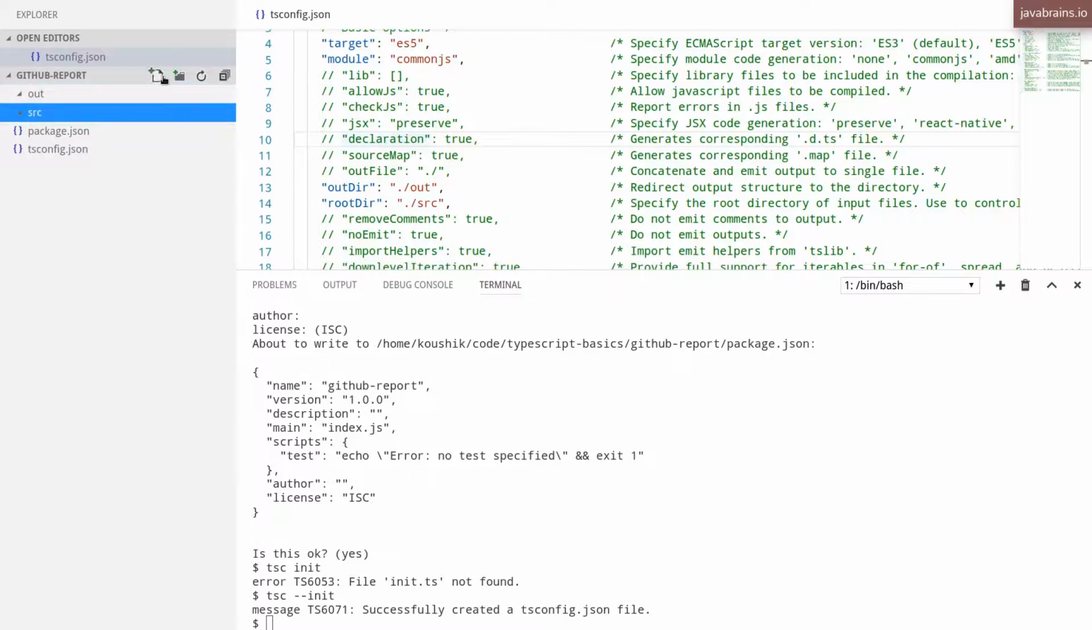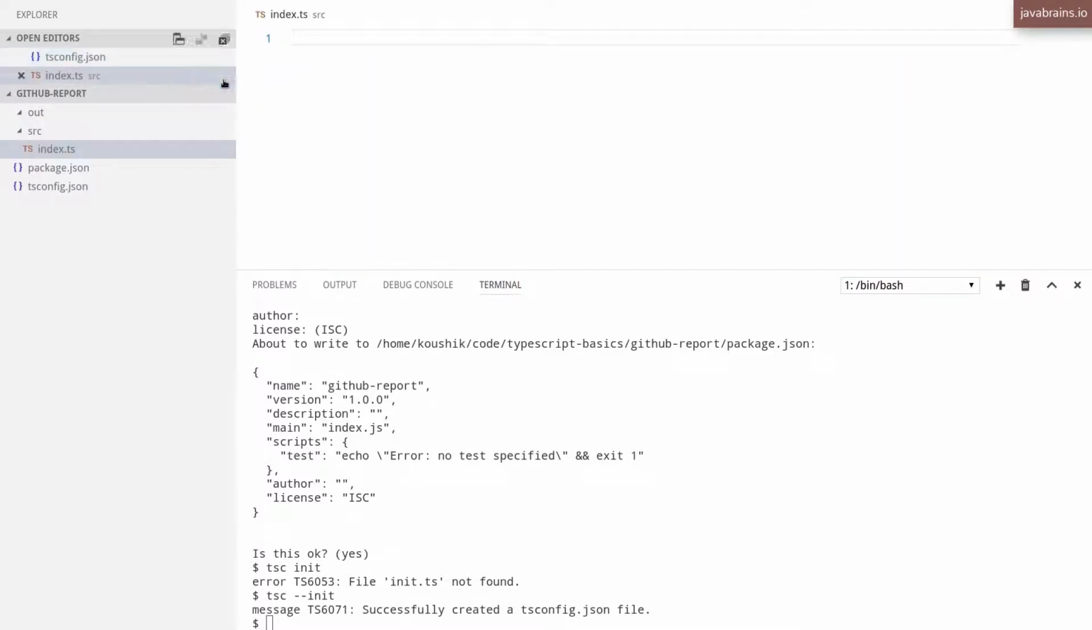In src, I'm going to create an index.ts. Like I said, the convention is to have index as the file name for something that starts the execution process. So I've created this index.ts, and just to test this out, I'm going to do console.log of hello,